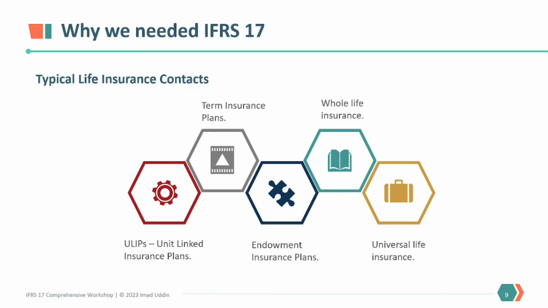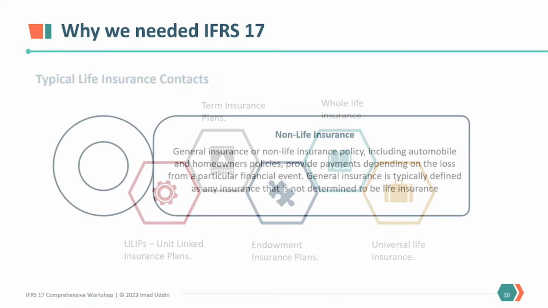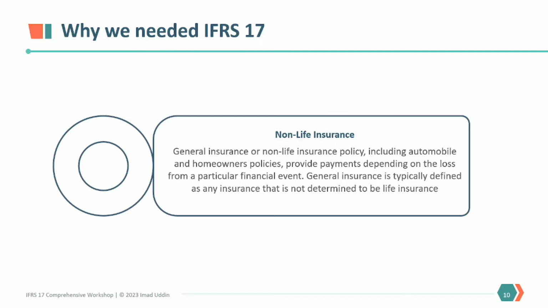But then there could be more investment based plans where a certain amount of premium goes into life insurance coverage, and some amount goes into an investment which will have to be paid if the person dies, or sometimes in cases where he doesn't even die, where he can simply withdraw those amounts. So there are unit linked products, there are endowment insurance plans, there are whole life insurance, and there is universal life insurance. The other kind of insurance is non-life insurance, which is usually called general insurance, and includes the